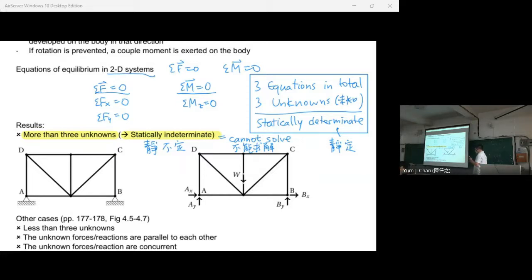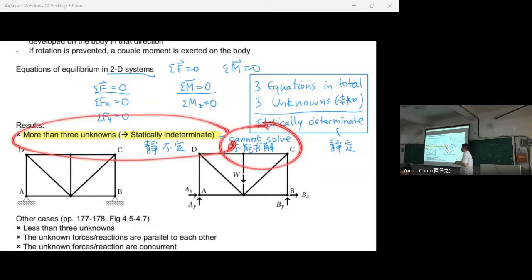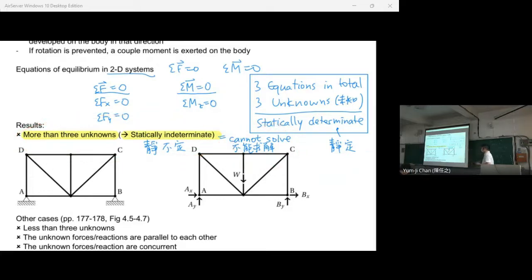This system can still be in equilibrium, but we cannot solve it. So this is called statically indeterminate. Before I go on talking about statically indeterminate systems, let's talk about